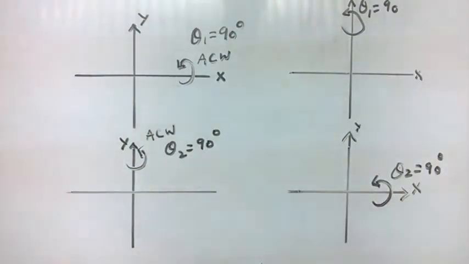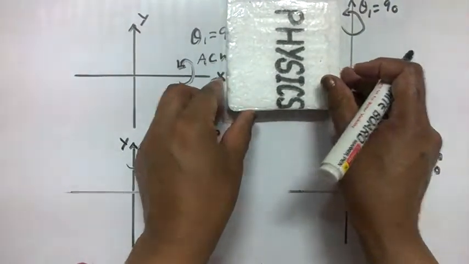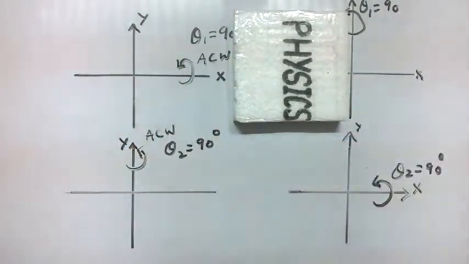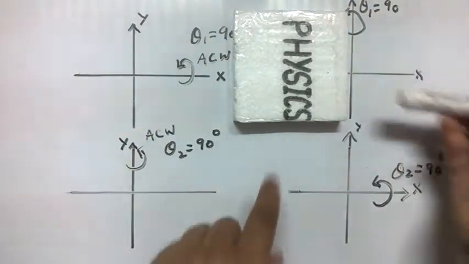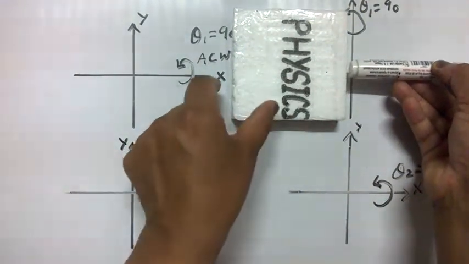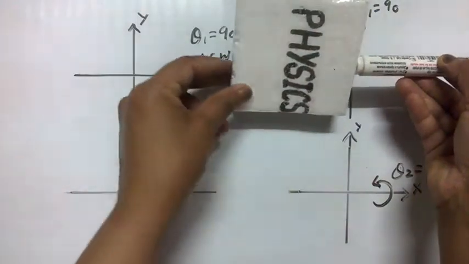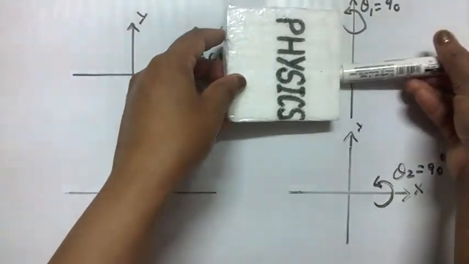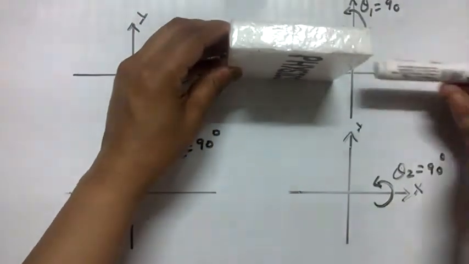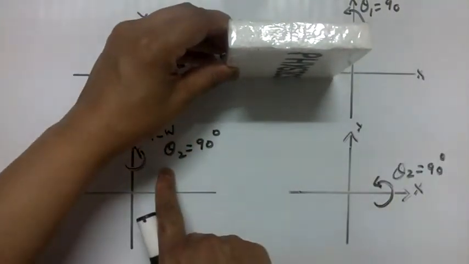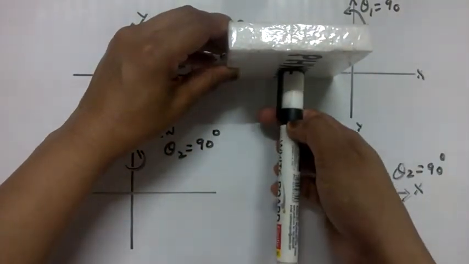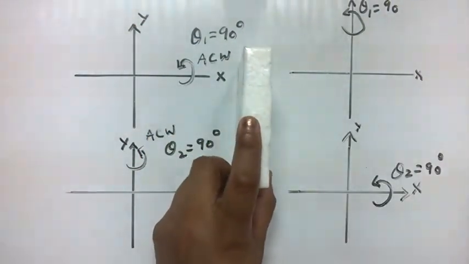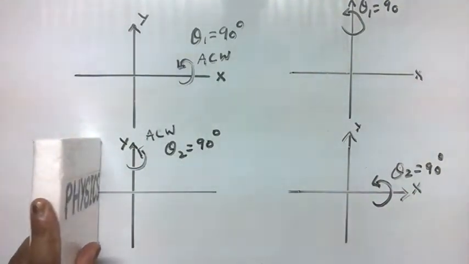Now let initially the book be placed in this manner, and we have to first rotate along the x-axis in anti-clockwise direction. So here this is the x-axis and we are rotating it in anti-clockwise direction. This is anti-clockwise and this is the clockwise direction. So here we are rotating it in anti-clockwise direction by 90 degrees. And after that we have to rotate it along the y-axis by 90 degrees. It is in this way. So this is the final position. So let's keep it here.